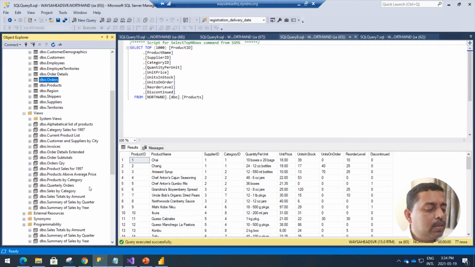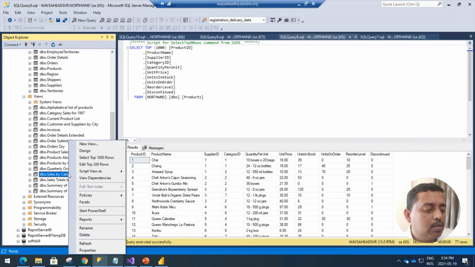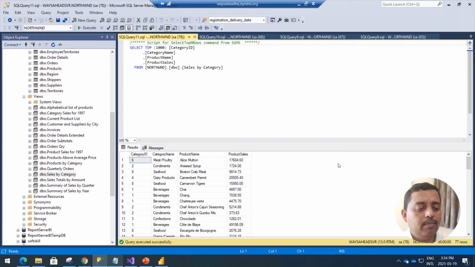Now suppose I need sales by category. I just go and right click and say, show me sales by category. It shows me sales by category, but I'm not aware of what kind of code it has written in the background to show me this sales by category. So what we do now is the most important thing.